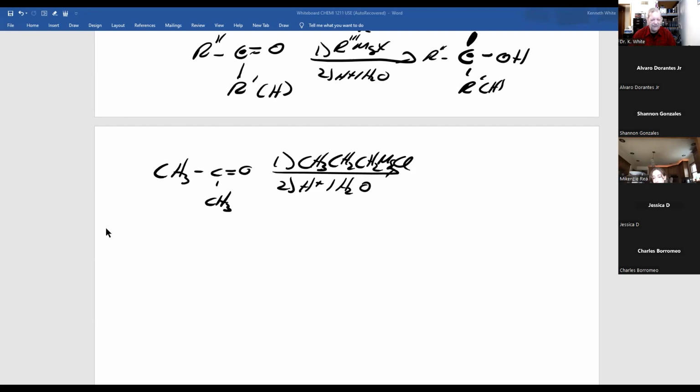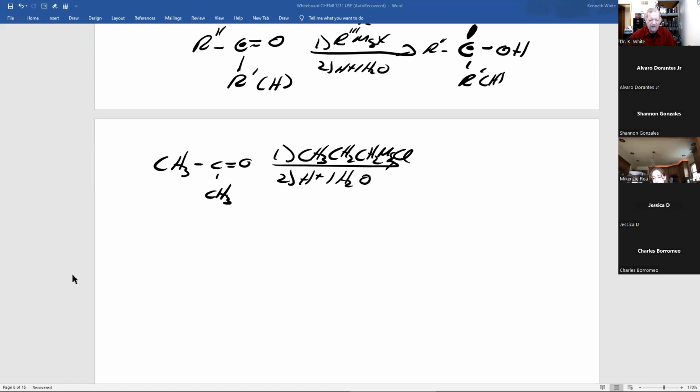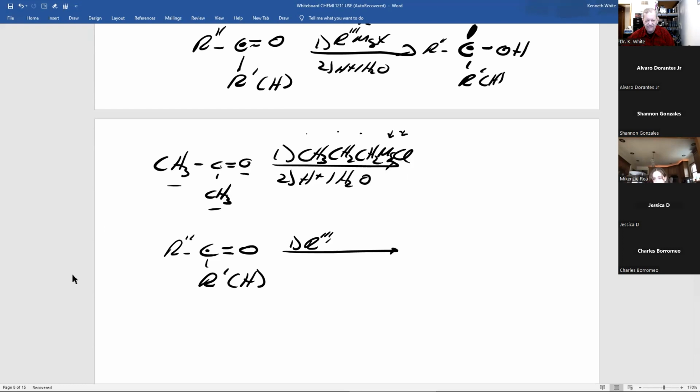All right, my turn. What's different? What's not carbon? What's not hydrogen? Oxygen, double bond to carbon, carbons here and here. A ketone. Now, it could have been an aldehyde, but it's not. Then, first step, what's different? Carbon, carbon, carbon, magnesium chloride. That's a Grignard. Remember, X can be, in our case it is chlorine, bromine, or iodine.